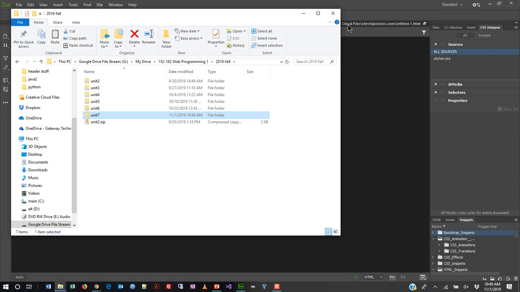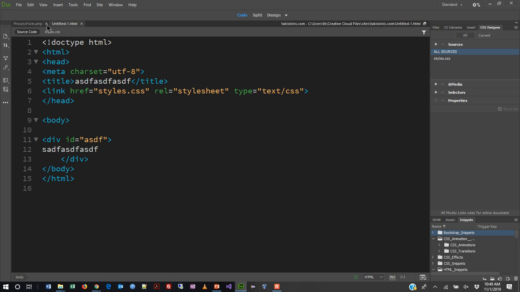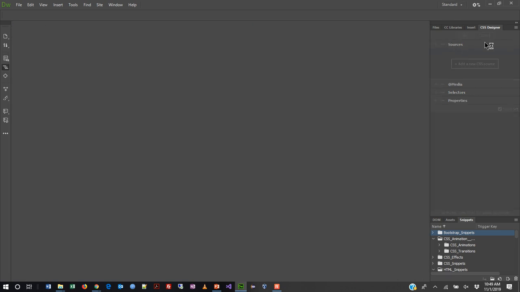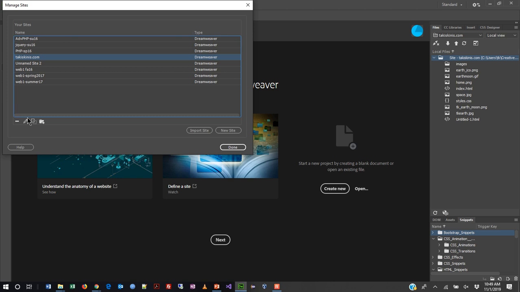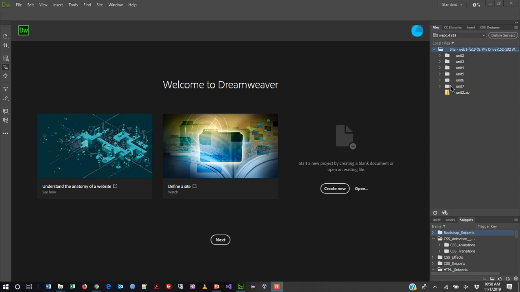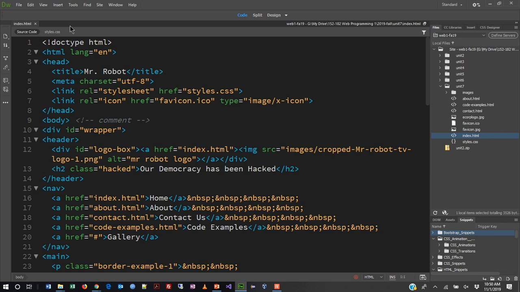All right, so I'm going to go ahead and open up all my stuff inside of Dreamweaver here. And I think I have some site definitions. It looks like it's pulling up some old stuff here. Looks like I have to recreate my site definition. I'm going to pause for a second to do that. All right, now that I have a site definition and my folders are opened up inside of Dreamweaver, I'm going to go ahead and open up my index page,